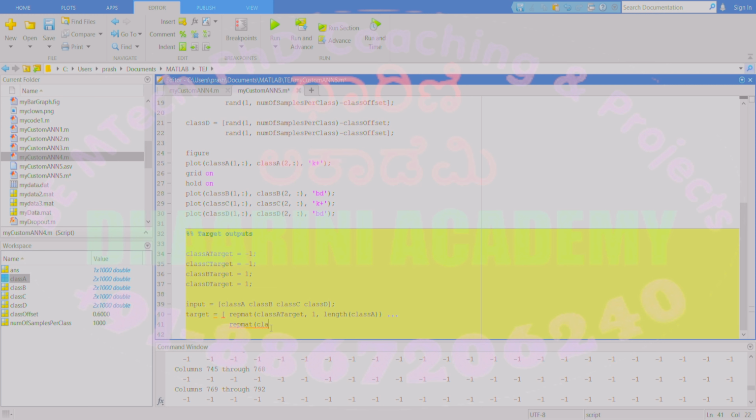Okay, so that is class B target. Size is 1 and length of class B. All right. Then I think I need to close it. Bracket over here. Yeah. So we close the parenthesis to match that. All right. Then in the next line,